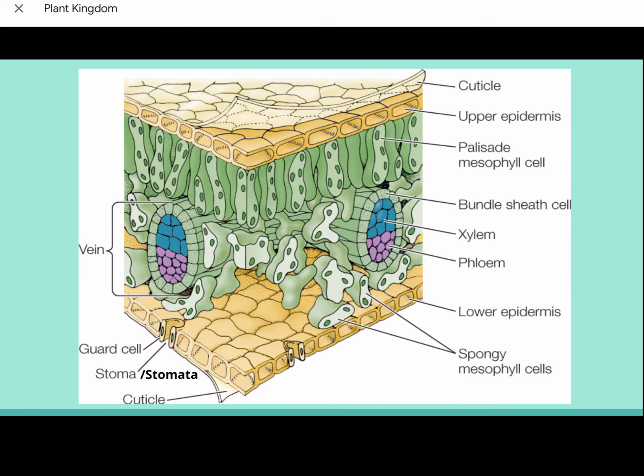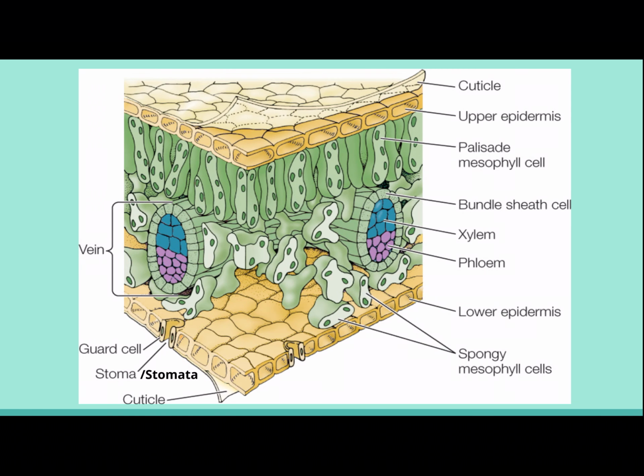Now, here you have a cross-section of the leaf. And if you remember, this means if you cut the leaf up and down, and you picked it up and you were looking at it directly from looking at the inside of the leaf, this is what you would see. All right, and I did attach a copy of this diagram. I put this on the class page, so that way, hopefully, you can use it to take notes on